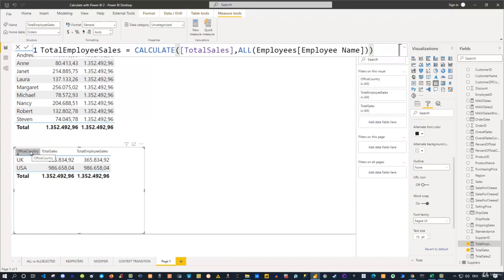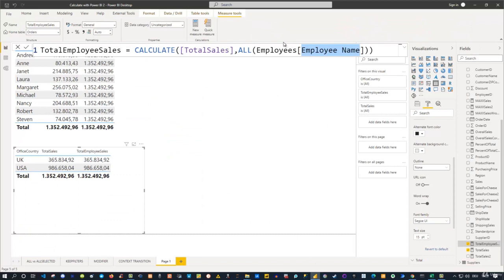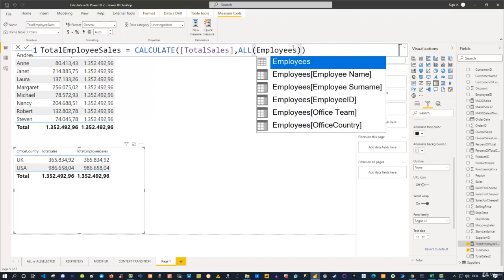Now, if we would like to remove the office country, we could of course either use all employees and then employee for the office country. We can refer to the office country column in here, or you could also refer to the complete table. So that means if I go back to my Excel one last time, if I want to remove all filters from the employees table, which might affect the orders table, I can simply refer to the complete table. So if I say instead of all employees, I can remove the specific column, and simply refer to the complete